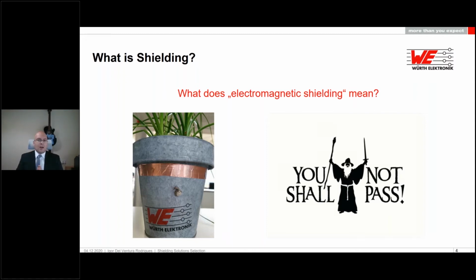So we want to protect our devices, our products, against electromagnetic interference, also known as EMI, that might be coming from the outside world, or perhaps it's an interference that your device, your product is causing, and we want to contain it in order to not cause any harm to other devices or to other blocks of